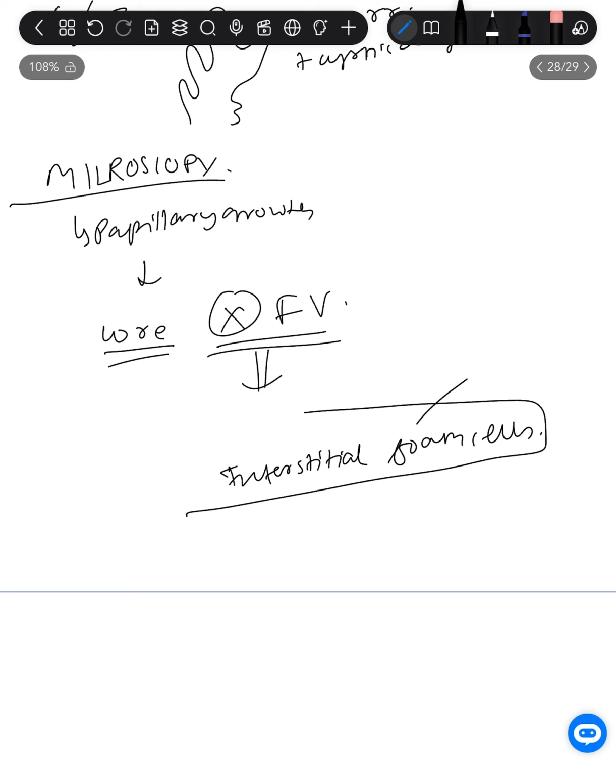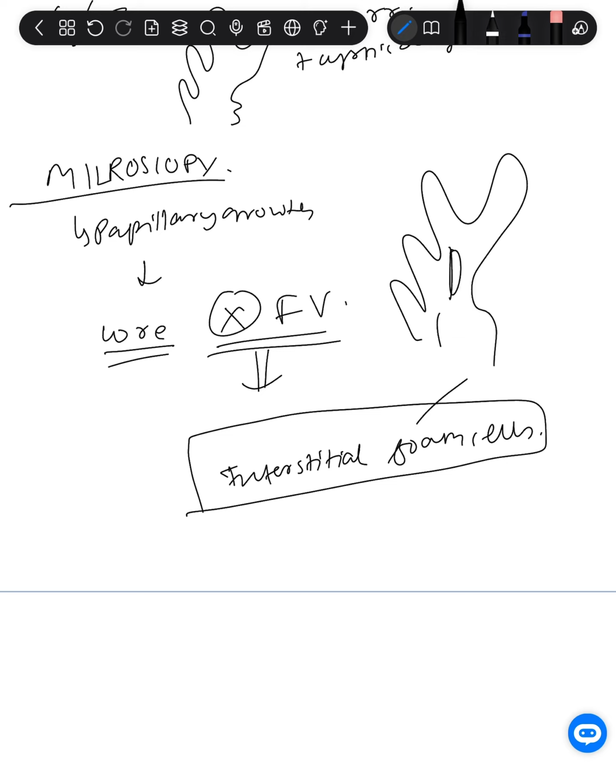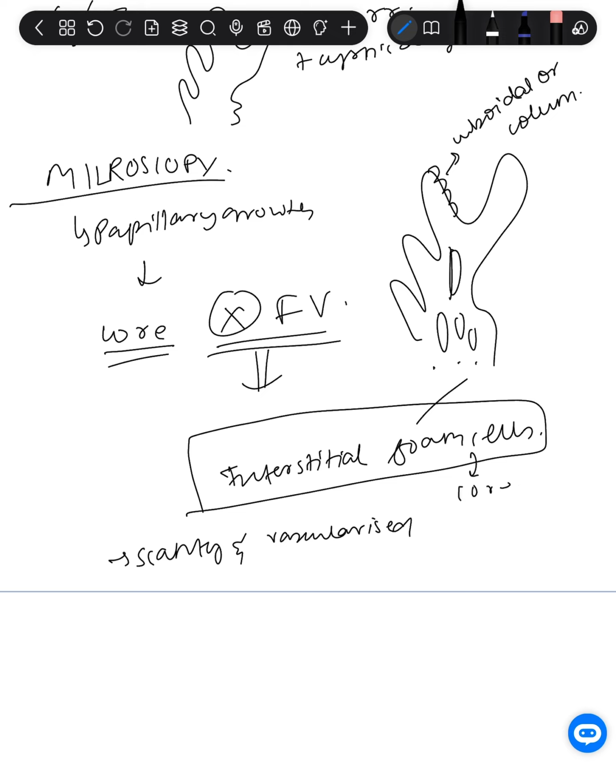And then next, this growth is lined. We got to know about the core, which is made up of foam cells. This is lined by cuboidal or columnar epithelium. Next, the stroma, if you see here, the stroma is scanty and vascularized. This is the core, this is the lining, this is the stroma, and in the stroma